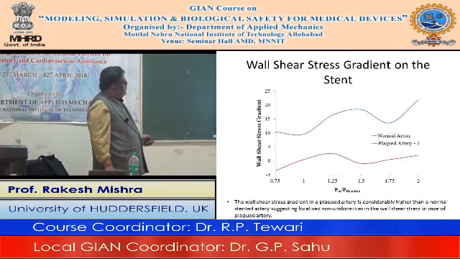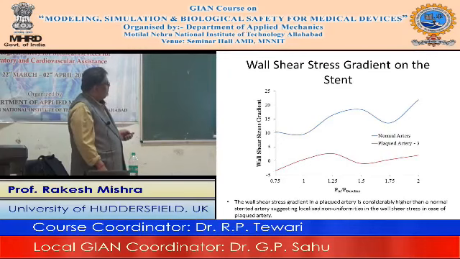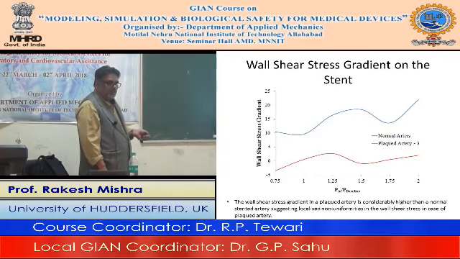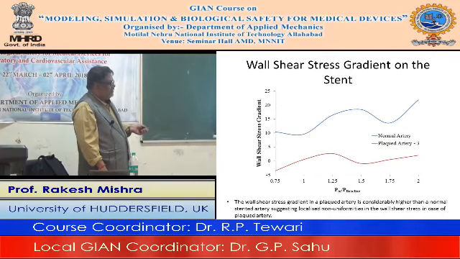Here this clearly shows that in the plaqued artery the wall shear stress gradients are negative, whereas in the normal artery the wall shear stress gradient is positive. That is a big change, okay, from positive to negative. Now, can this information be used to get information about plaque formation? That is something we have to explore, but based on this it shows as if